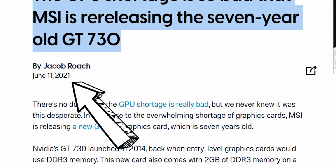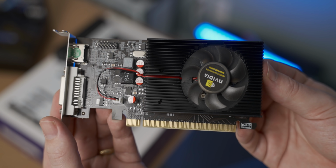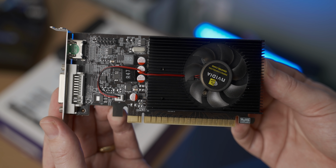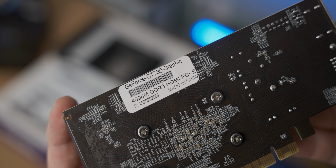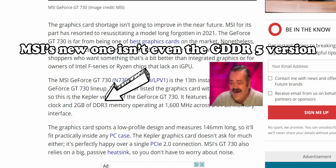Now, considering that MSI only announced this groundbreaking new GPU of theirs a couple of days ago, I don't have the exact version at hand. I only have this, I think it's an OEM Nvidia version of it. I don't quite know who makes this version of the GT 730, but it's got the same GPU in it as the new MSI one. However, quite embarrassingly, it does actually have a bit of a step up on the new MSI version, considering that it has a truly unprecedented 4 gigs of DDR3, as opposed to the measly 2 gigs of DDR3 on the